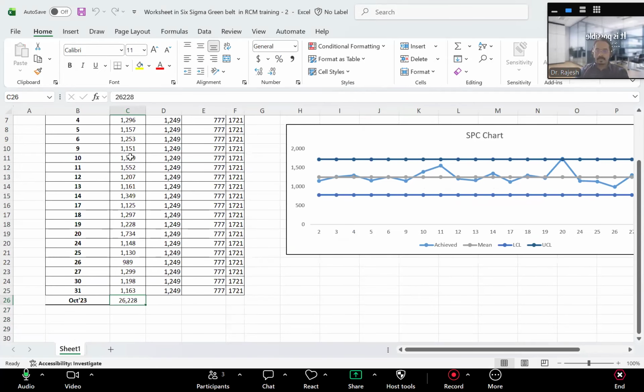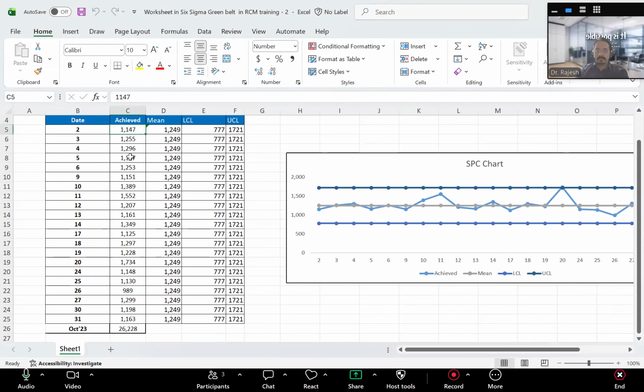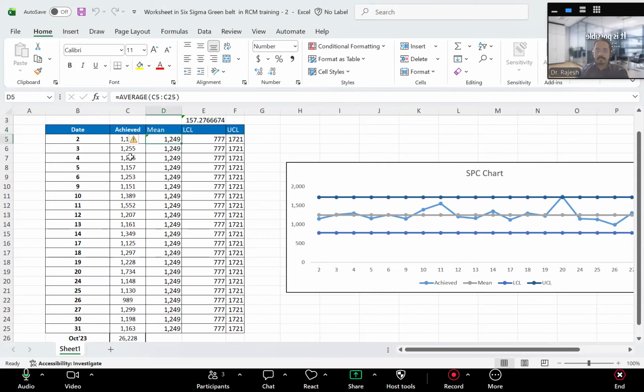Okay, this is my list for the complete month. In that, I'm just creating a mean. Mean, you know very well, it's nothing but your average, right? In that average, what we are trying to do here is create an LCL and UCL. LCL is the lower control limit and UCL is the upper control limit. In Six Sigma, whatever we are discussing, we are measuring that the LCL to UCL value should be within 6